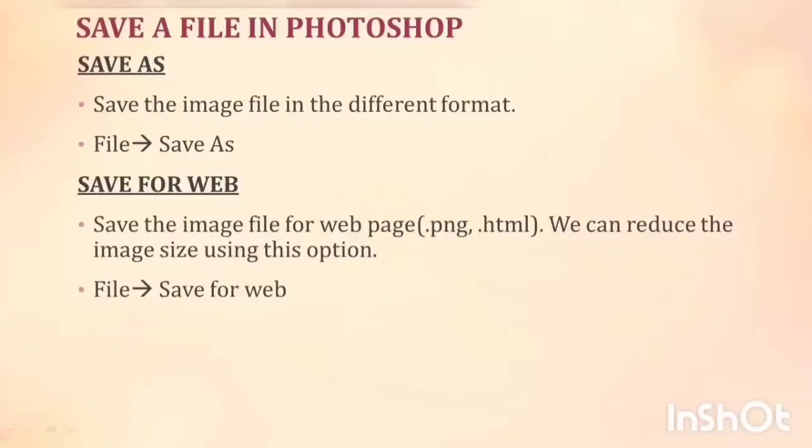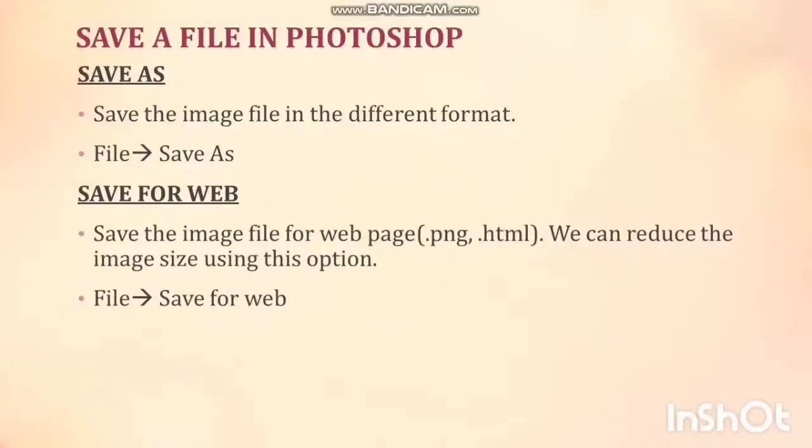As I told you earlier, the image which you insert into Photoshop and work on will be saved with the extension .psd, which is the Photoshop format, and you can open PSD format only when you have Photoshop. So once you're done with all the alterations and changes or modifications you wanted to make in an image, if you want to save it in some other format, you go to File and then click on Save As, and then you can save it in any type you want. That could be JPG or PNG format or anything. So this is how you do it. I'll just show you practically how to do it.